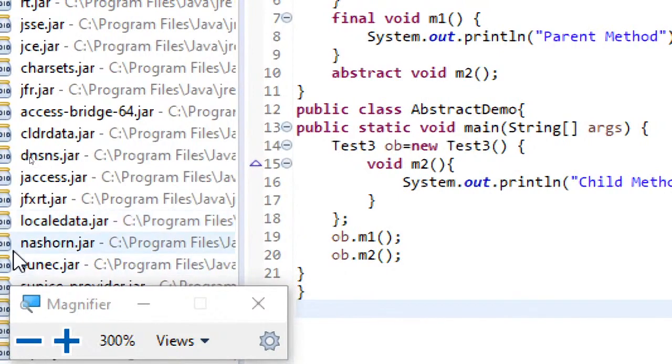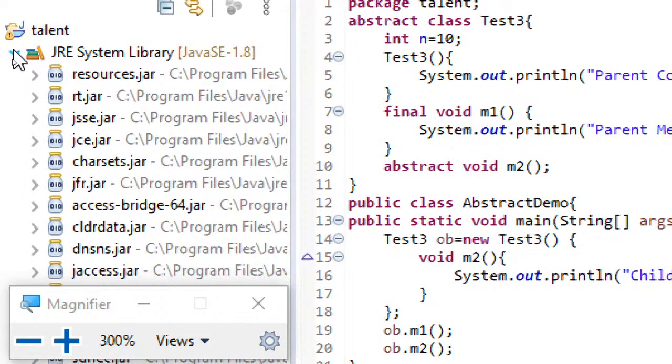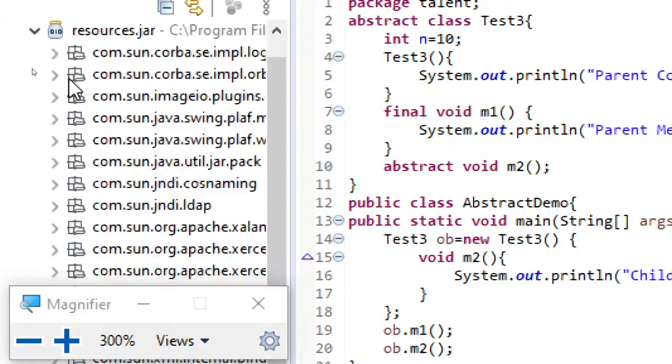This Java archive is nothing but like a zip file. You all know what a zip contains: a zip contains several other files and folders. Similarly, this jar, the Java archive, contains other Java classes and interfaces. Let's not get into that. Here, if you expand this jar, again you can see the other packages and classes.